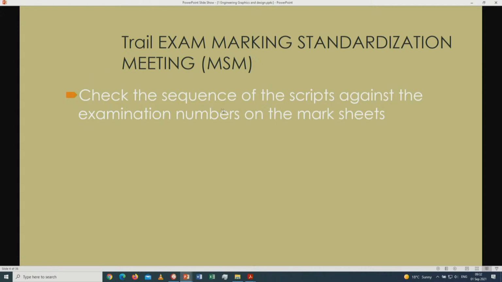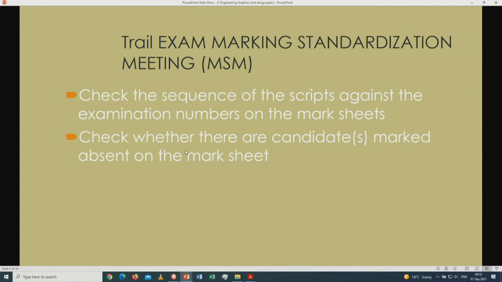And then also check the sequence of the scripts again against the examination numbers, of course, and the mark sheets. Check whether there are candidates marked absent or not. And then also, if absent, remember that this was a provincial exam. You give a -1 to the learner